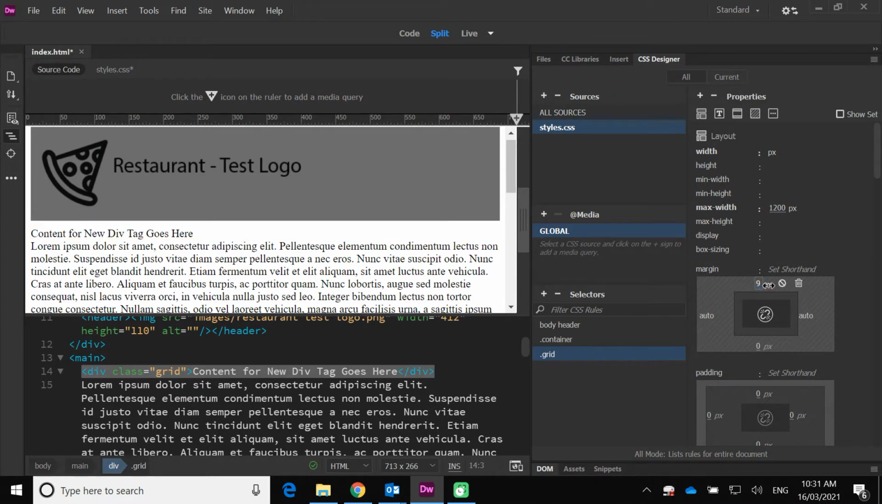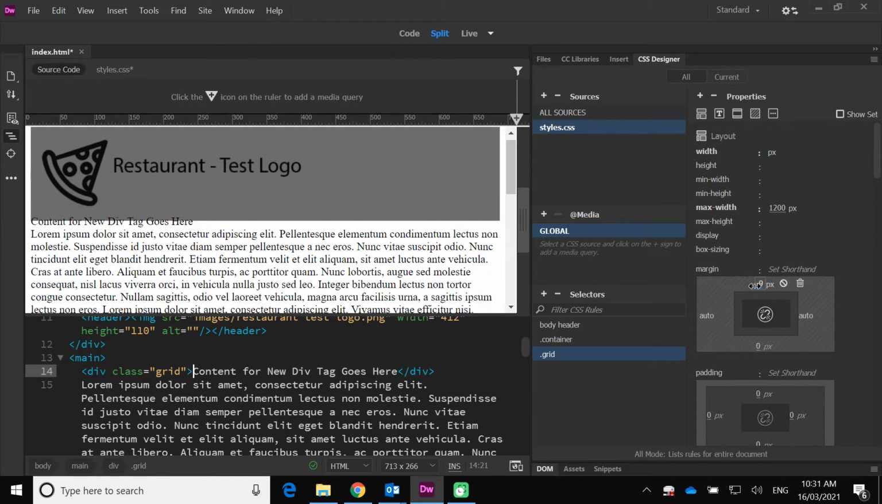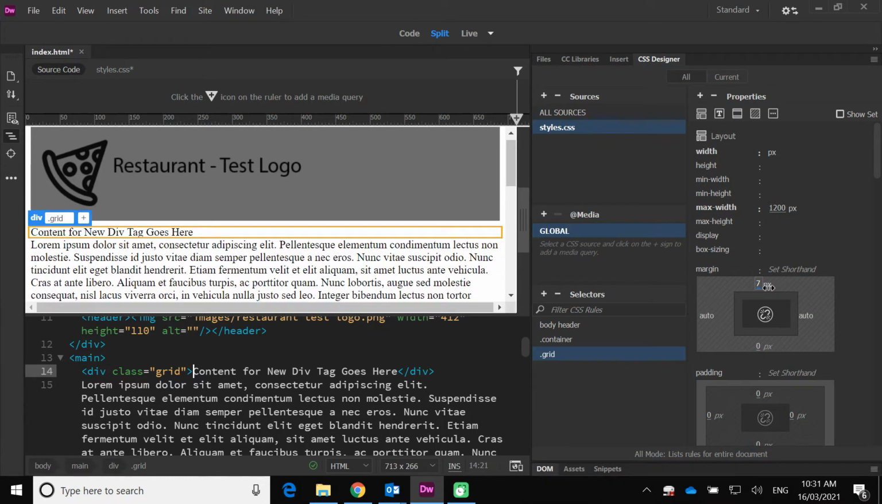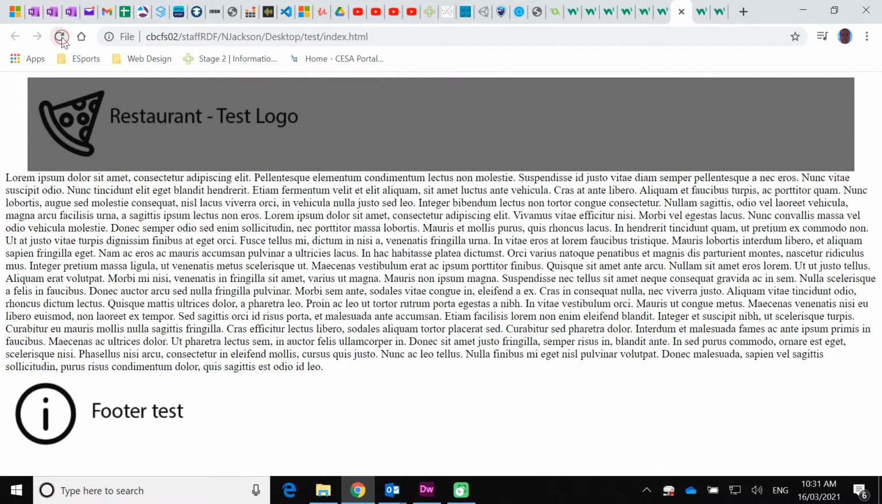I'll just start to move this. Look, it starts to move down just so I can separate it from being too close to this bit at the top. And I can have it whatever I want. I think I'll leave it at 7 or something like that. So if I do Control S now to save that, and then I come to here and I go refresh